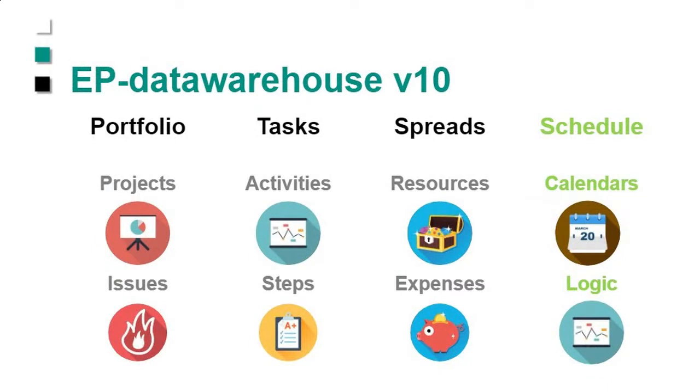So as Marilyn walks through it, you'll see that we grab the data that people are looking for: portfolio, project level data, including issues if you use the issues in P6, task level, activities and steps, spreads being the time-based data, resources and expenses, and then we've also got calendars and logic. So if you want to do comparisons or schedule analysis, claims analysis, we have that capability